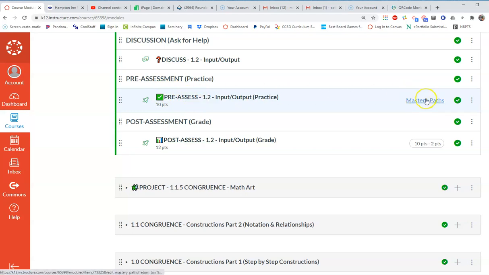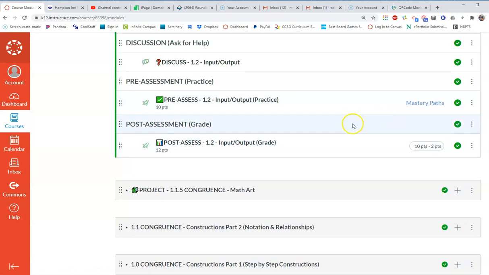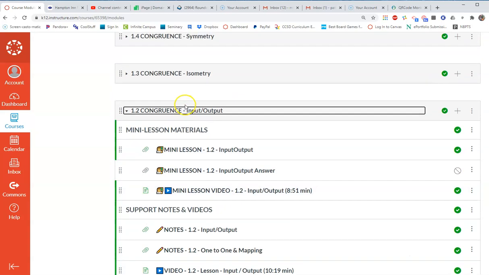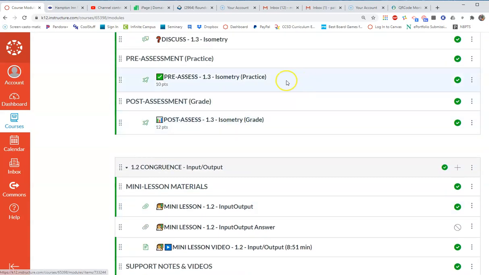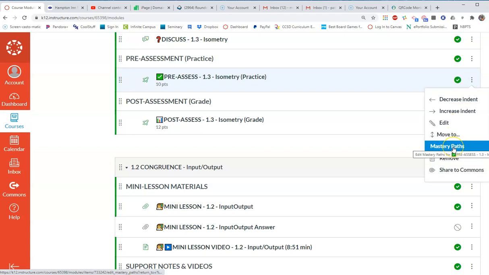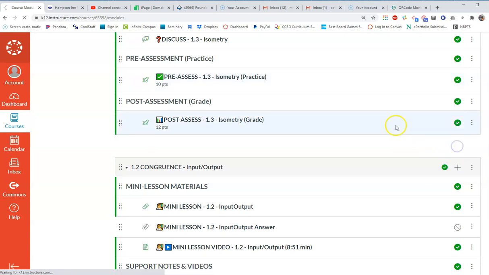So you can see actually this one has already got a mastery path set up for it. So actually maybe let me not use this one. Let's use a brand new one. So let's say we got to here, and yes, we want this one to be done well enough to get here. So let's go here now. Now this will have mastery paths. If you didn't have that little thing checked at the beginning that we just did at the very start of the video, this wouldn't show up. But let's go to mastery paths,